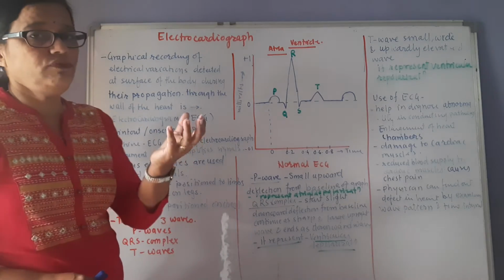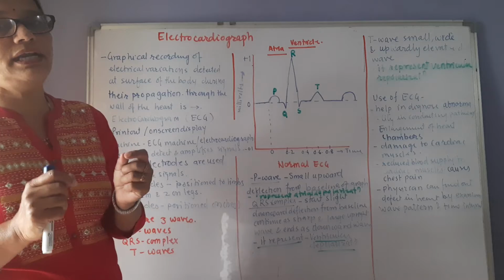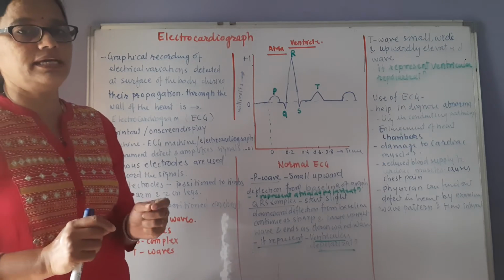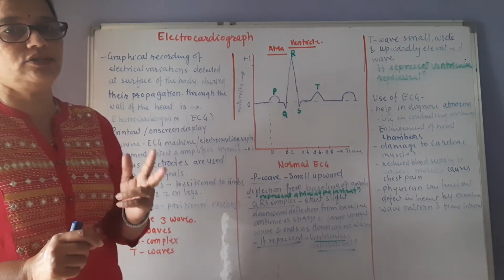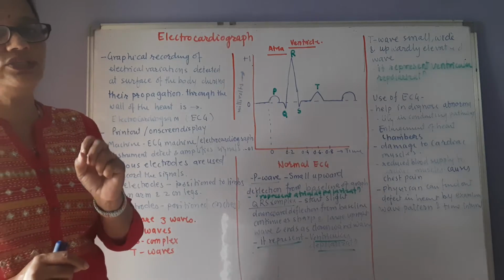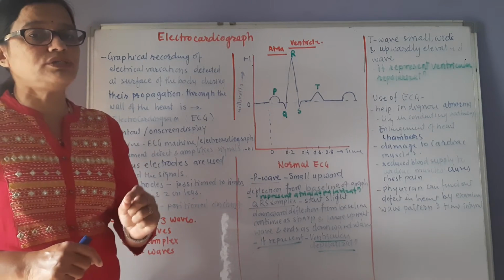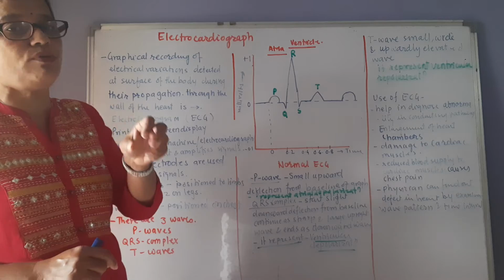So we use different electrodes: 2 on the arms, 2 on the legs, and 6 on the chest, and these electrodes capture the waves of